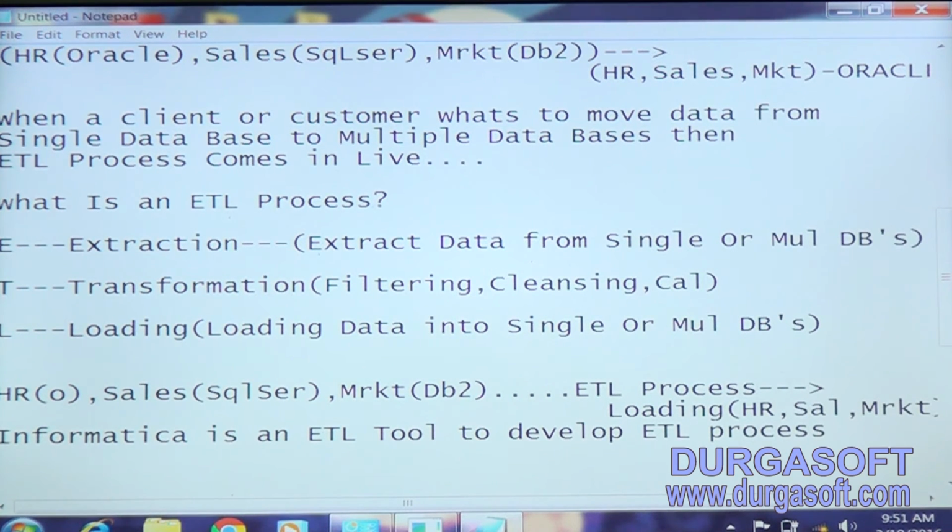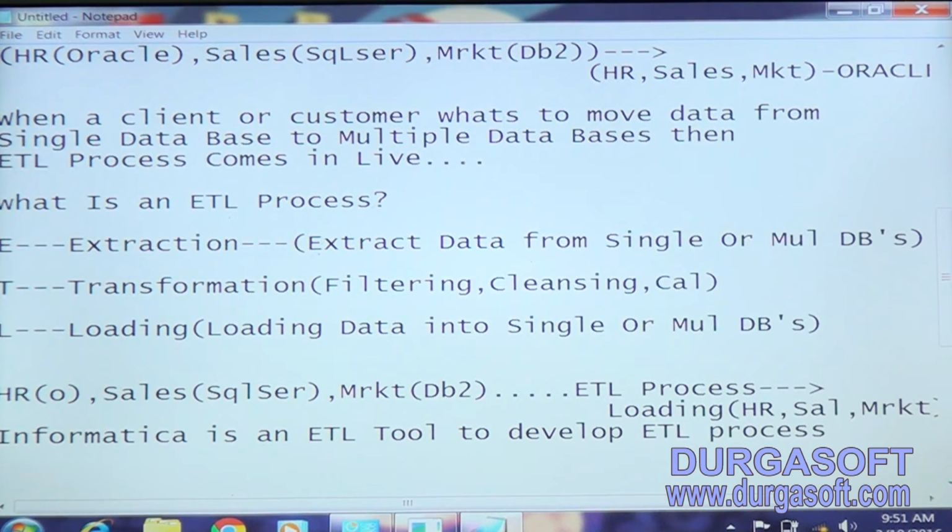So nowadays Informatica is widely used for many ETL processes. Whenever a customer wants to go for an ETL process, the first option he checks is Informatica. That's why it occupies almost 80% of the market, and now we are going to learn